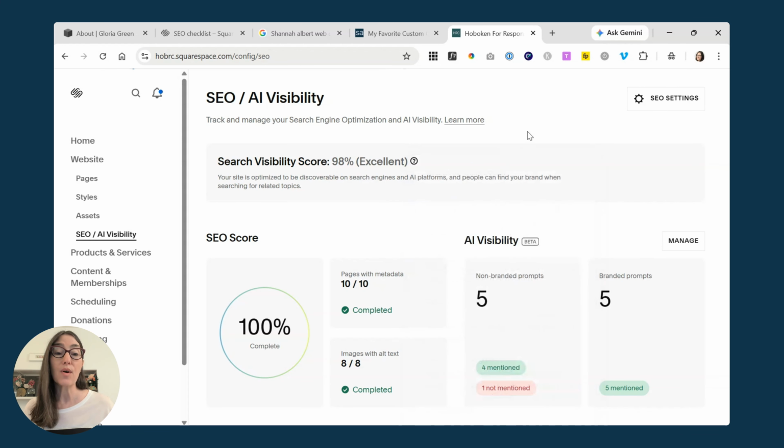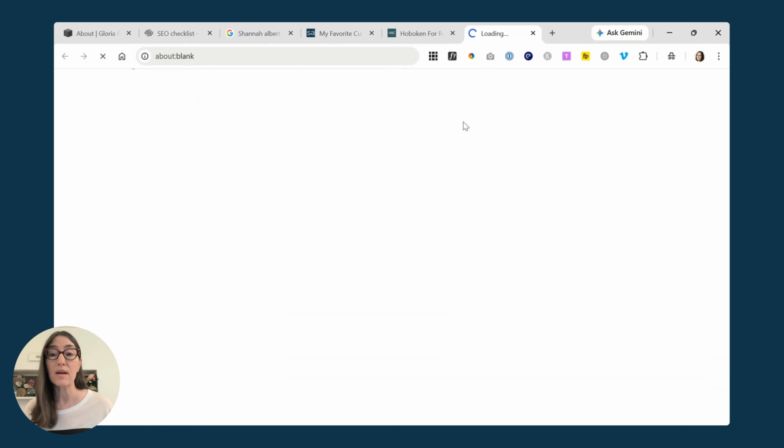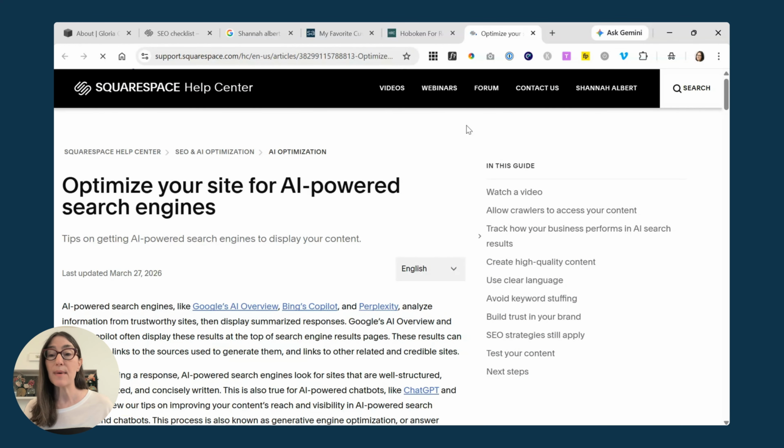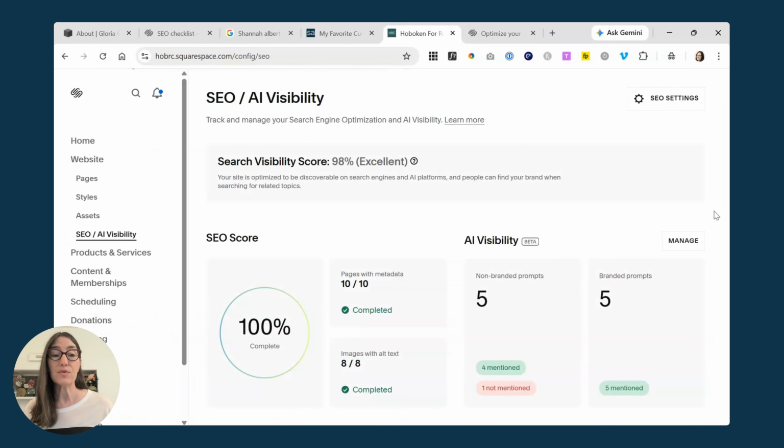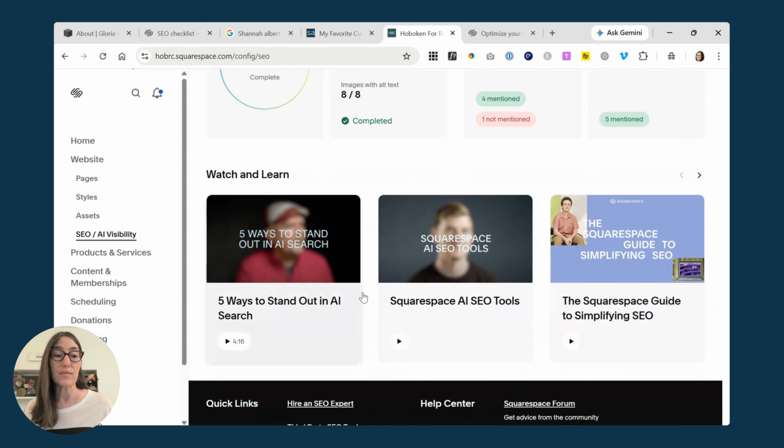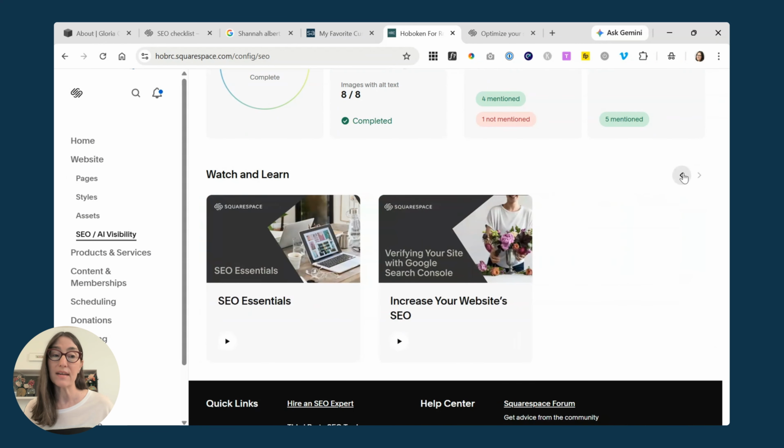And if you want to learn more about how to improve your AI visibility or your overall SEO, Squarespace does have a lot of resources so you can learn more about it. So if I click here on Learn More, there's an article here from Squarespace about optimizing your site for AI-powered search engines. And then if you scroll down on this tab, there's also more resources here down below provided by